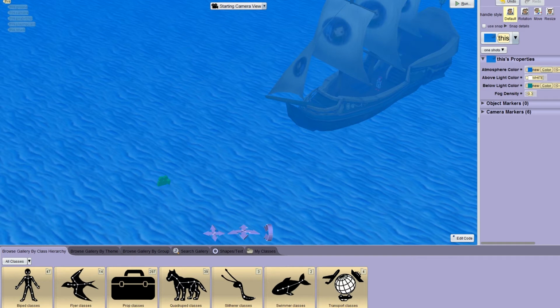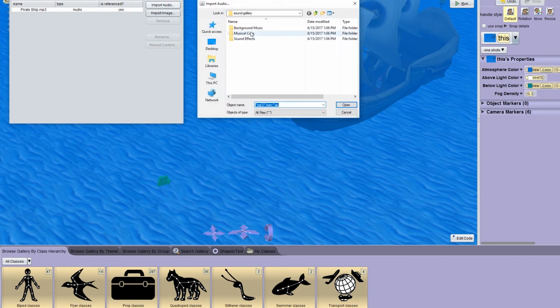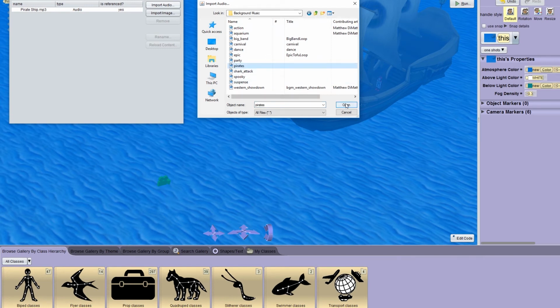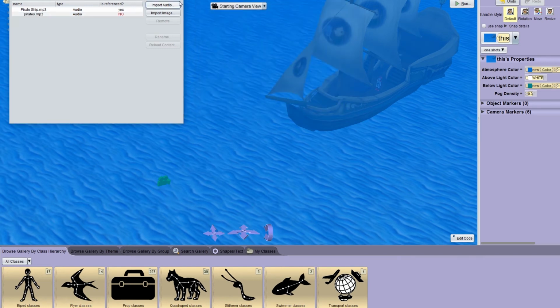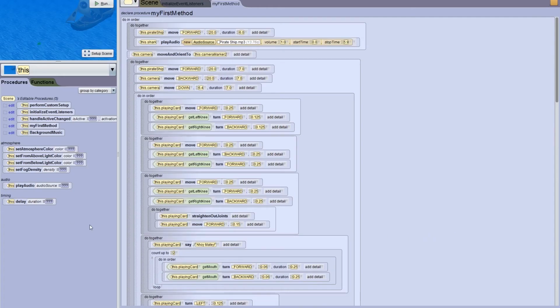Let's go to Project, Resource Manager, and Import Audio. And now let's find an appropriate background track. The one I'm going to use is aptly called Pirates. If I just throw this play audio command at the beginning,